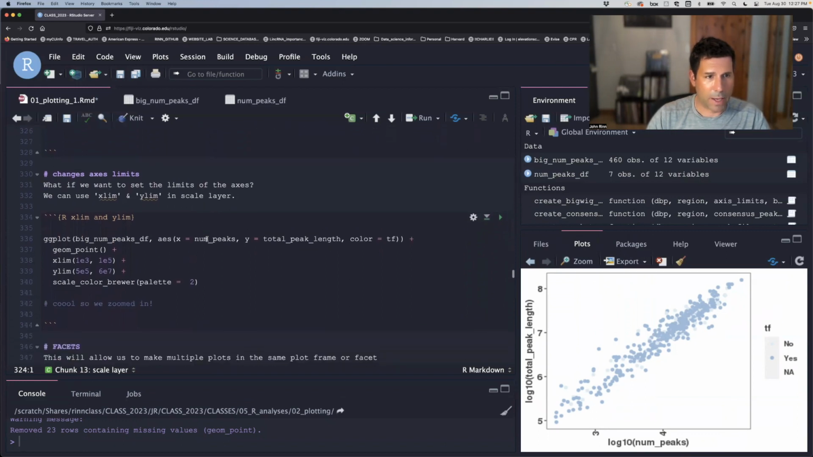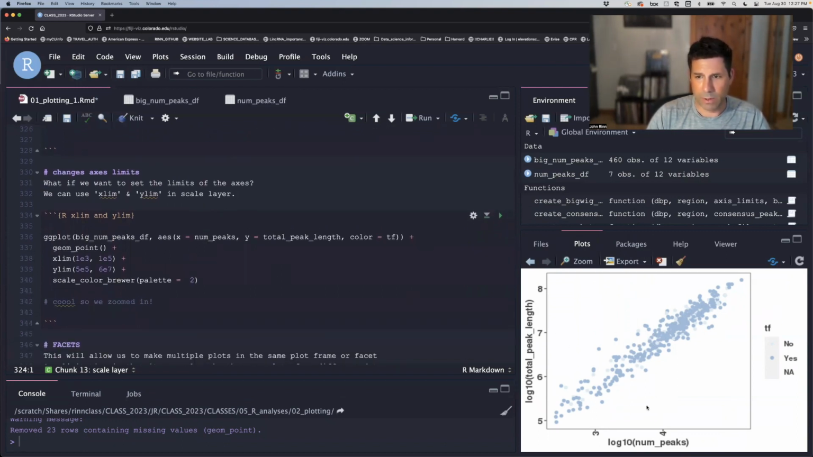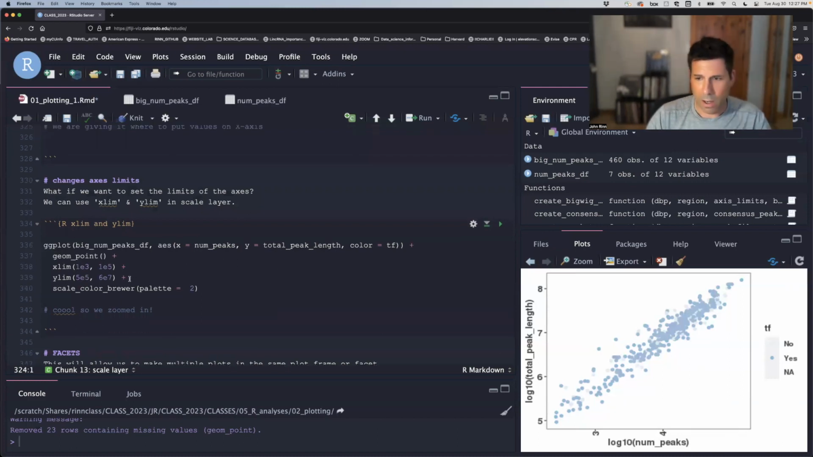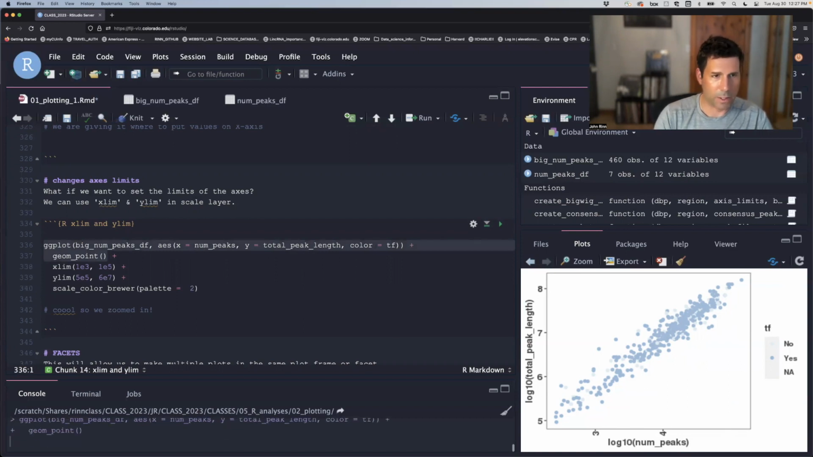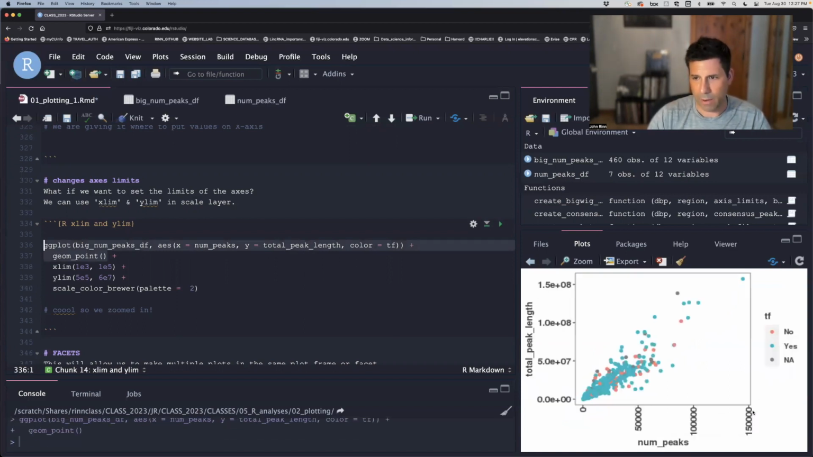Okay, so now we've been messing with the scales, we might want to actually set the limits of an image. And here we might want to go to 1e to the 5th out here to fill that in. And so we're setting up the same thing, number of peaks, total peak length, and we're going to do a geom point. And if we looked at that without any of these limit changes, what we would see is that, well, a lot of stuff out here, there's not much out here. So let's hone in more on here,